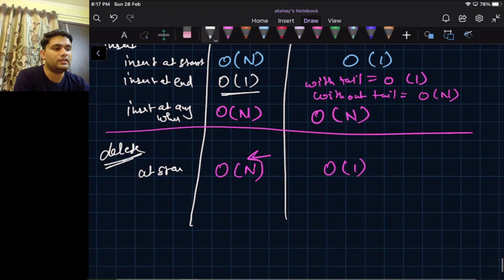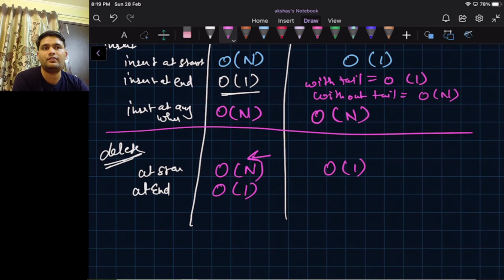Okay, deletion at end. In an array we can do it in big O of 1. We can simply go to the last element and mark it as deleted, or we can simply change the size, the length of the array, if we are carrying a pointer to the last filled index.